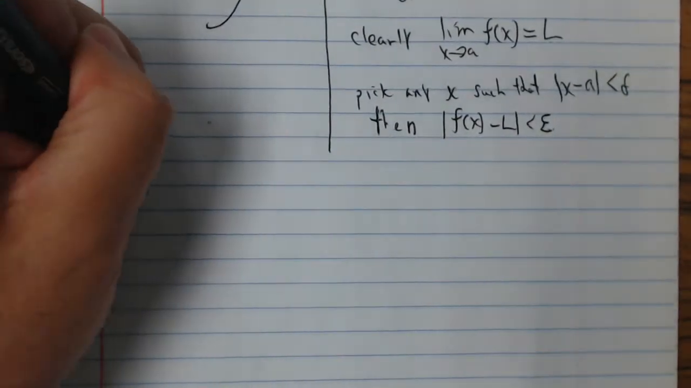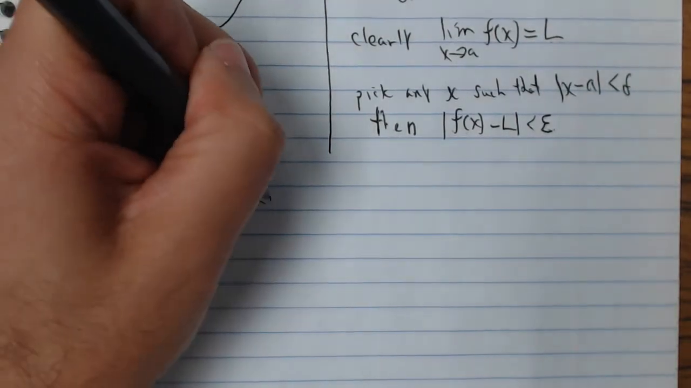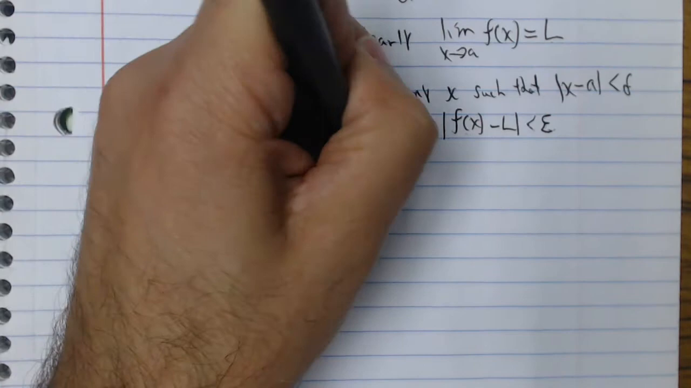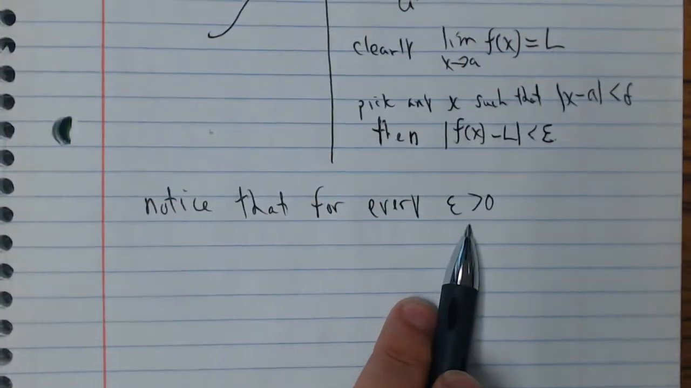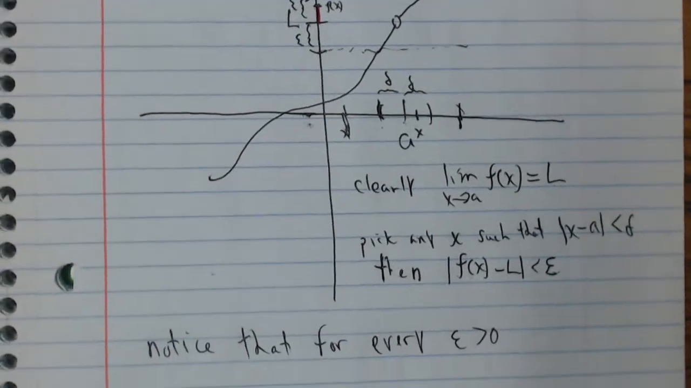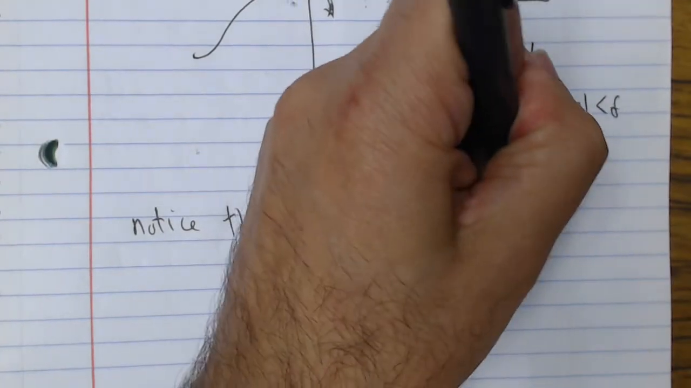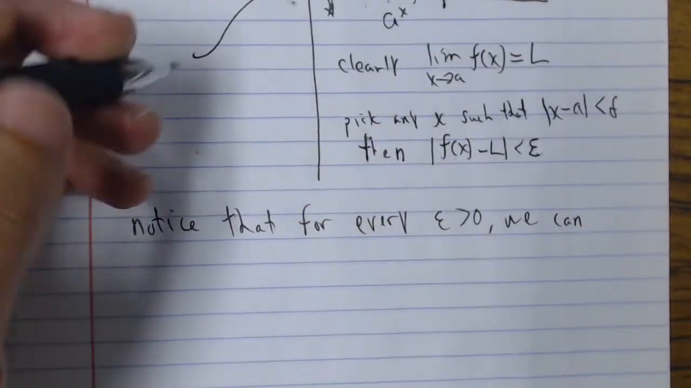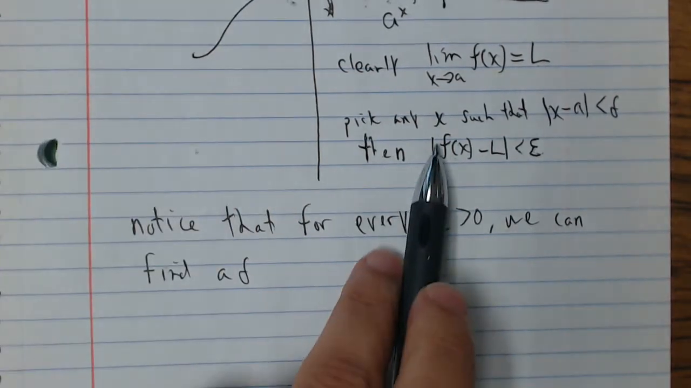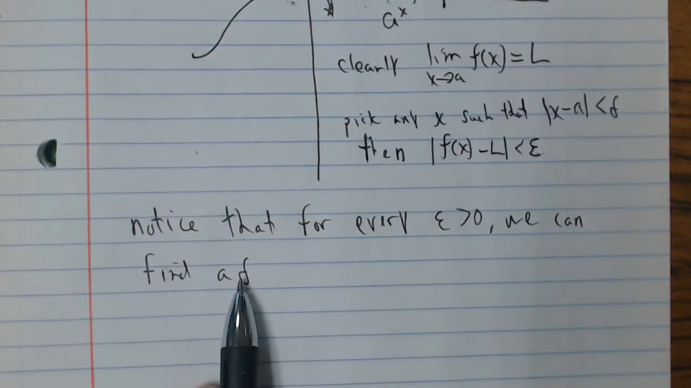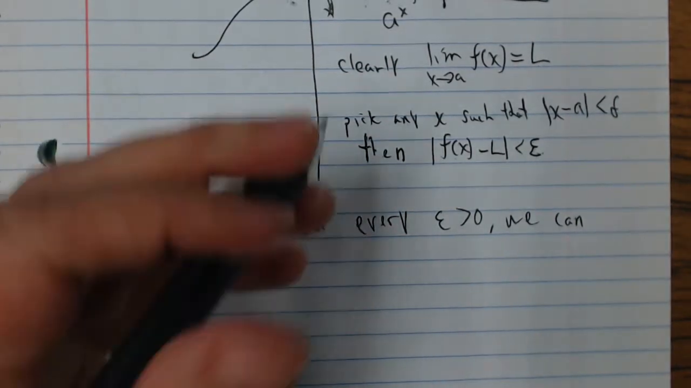So we could say, look, notice that for every epsilon greater than 0, and this is basically just some positive length, we can find a delta, which visually we kind of found. I'll show you how we'll find delta algebraically in a minute. We learn how to find a delta such that